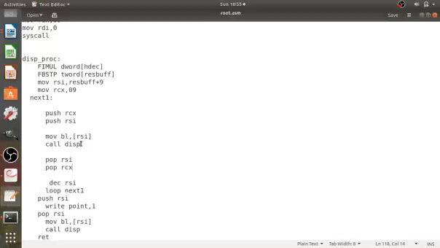Decrement RSI, it goes to the previous byte, as we were pointing to the last byte first, so from the 9th it goes to the 8th. Like that it decrements, and then loop. During loop RCX is decremented and checked whether it is greater than 0 or not. If it is 0, then it will not continue the loop. If it is greater than 0, it will continue the loop. So here it will continue the loop with the next one and goes back to the procedure.